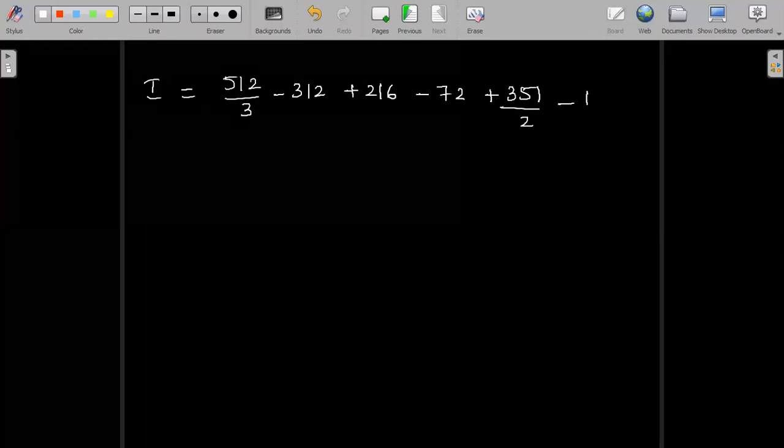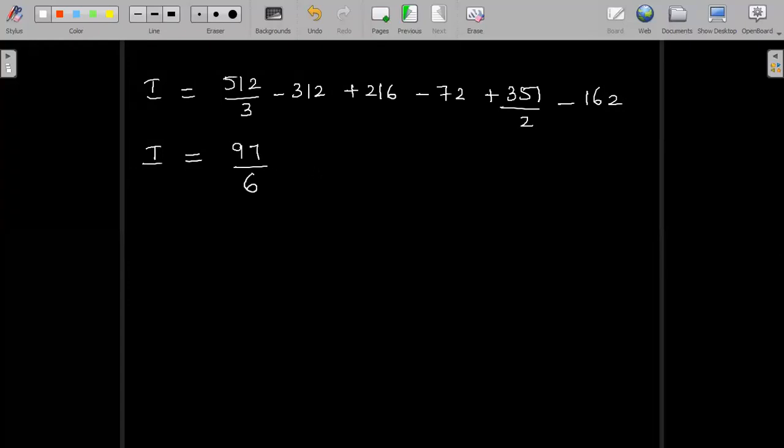You can use a calculator, and this simplifies to I is equal to, the first term is 512 divided by 3, the second term is 312, similarly 216, and then we have 54 into 4 is 216, and then we have minus 72, and the next term will be, on simplification, 351 divided by 2 minus 162. Please use a calculator to simplify this. So this entire constant is a real term, which gives us the answer as the fraction 97